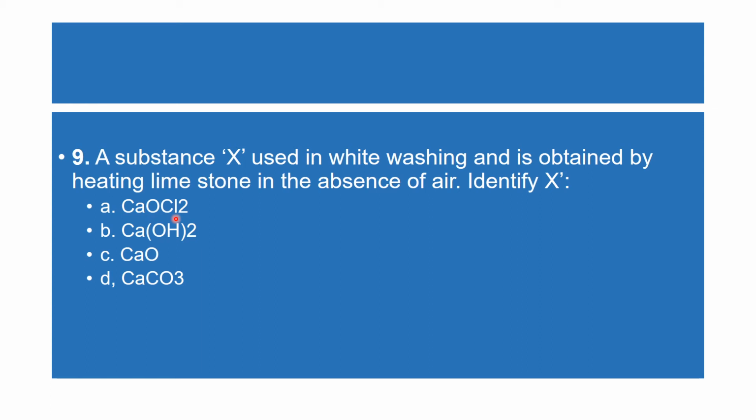CaOCl2, that is bleaching powder. Bleaching powder doesn't give any substance which is used in whitewash, right? Slaked lime is a substance which is formed from the substance that is used in whitewashing. So which substance is used in whitewashing? You know that is quicklime or CaO, that is calcium oxide. And it is written here that it is obtained by heating the limestone. Limestone is CaCO3. Yes, when CaCO3 is heated,